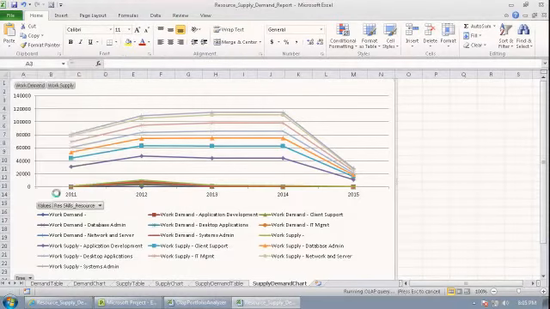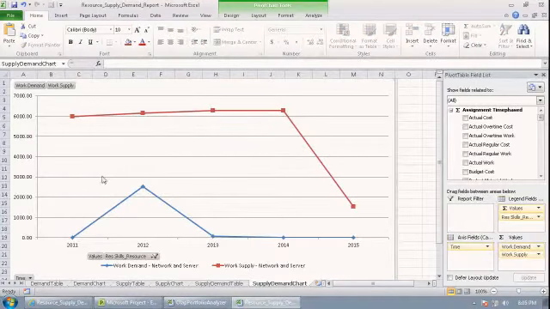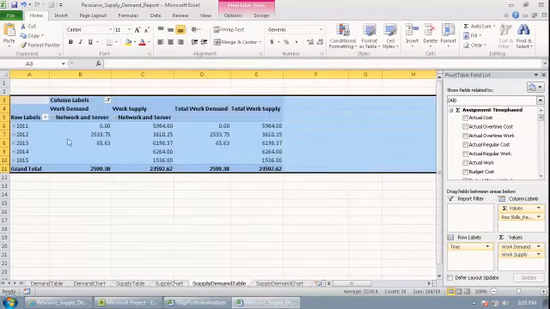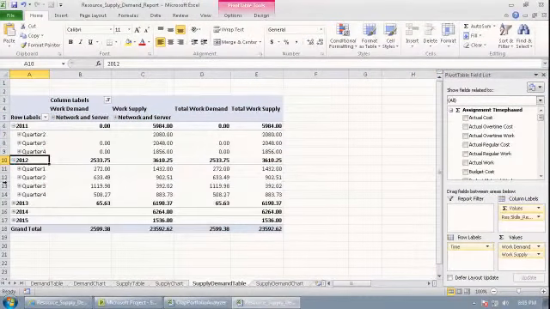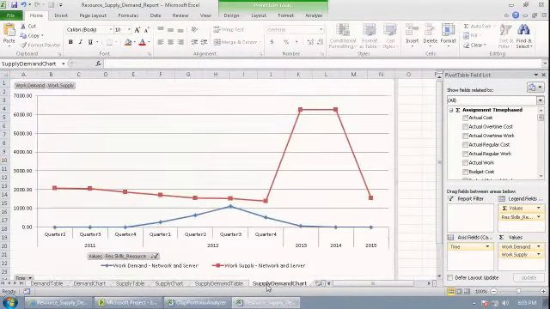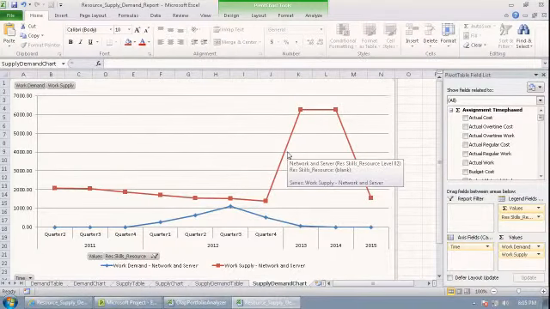Network and server, for instance. Okay, that narrows things down. And then if I want to drill into the time frames, expand and collapse those time frames, then I can come back here to the pivot table area, expand out those time frames, and drill into whatever kind of detail I want. It just so happens here that supply is above demand,